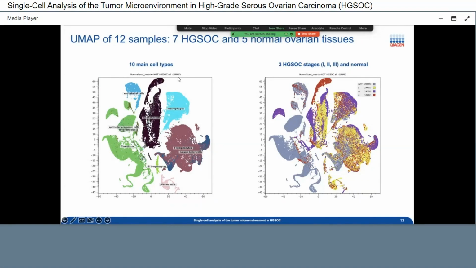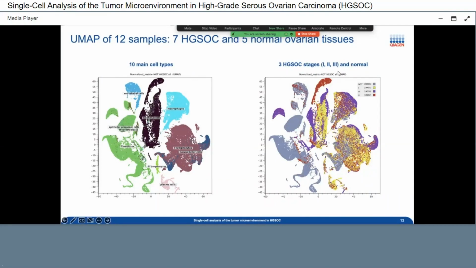I don't think it was the point here, but we have basically macrophages, T lymphocytes, natural killers, a bunch of plasma cells, fibroblasts all over the place here, endothelial cells, some myofibroblasts, some B lymphocytes, right? And a huge chunk of epithelial cell line. This is the representation as is, everything confused, normal and cancer tissues.